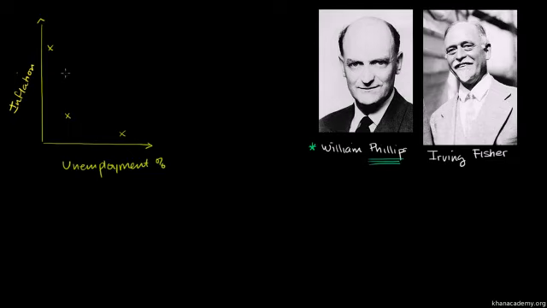And so he looked at a bunch of years and plotted them on an axis like this. So let me do them all in the same color. So you take a bunch of years and you plot them here. So now you have higher inflation, slightly higher unemployment than that year over there. And I could just keep plotting some points over here. You could even have deflation. And what he saw is there's a correlation here, that there's an inverse relationship, that if you were to try to fit a curve to these points, and you could have more points here, and I'm just picking them at random, you could fit a curve that looks something like this.